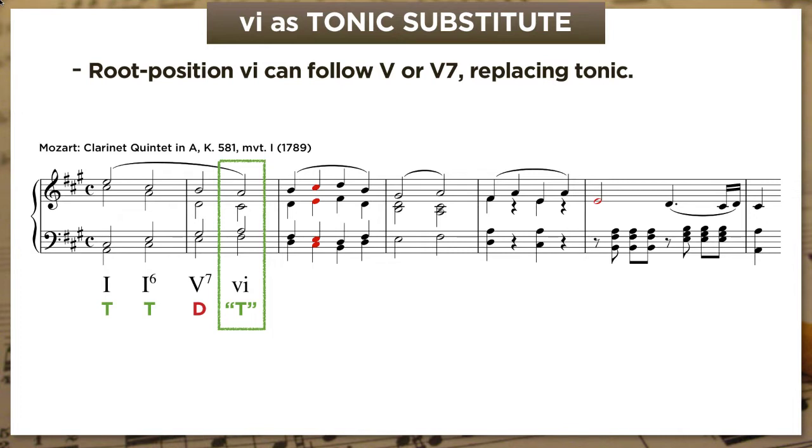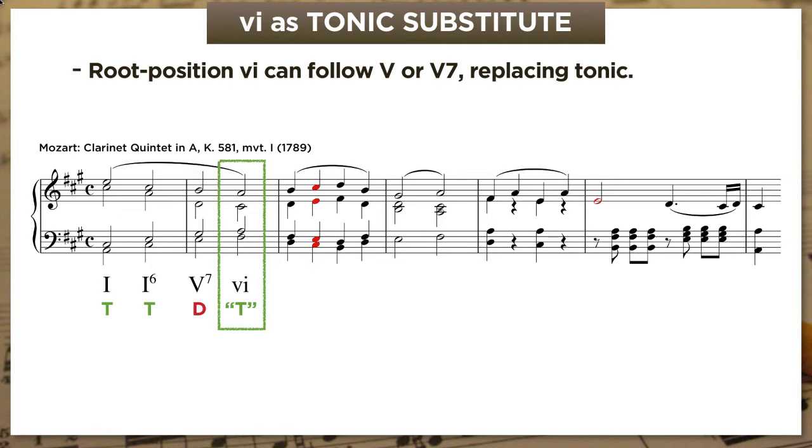Indeed, the whole point of using 6 like this is that while the music flows naturally into it from the dominant, it also stalls closure. Listen to how this would sound if Mozart had just used 1 instead of 6. It almost sounds like a cadence, but with 6, there's this sense that the music has to keep moving.